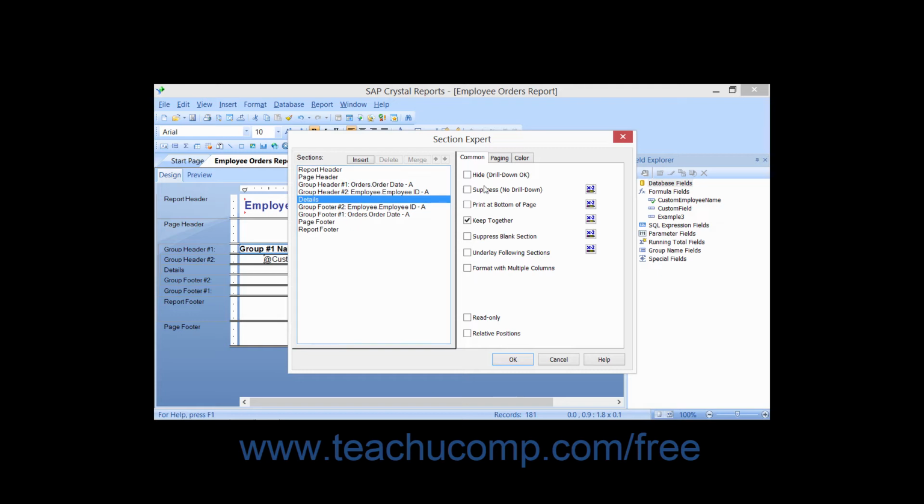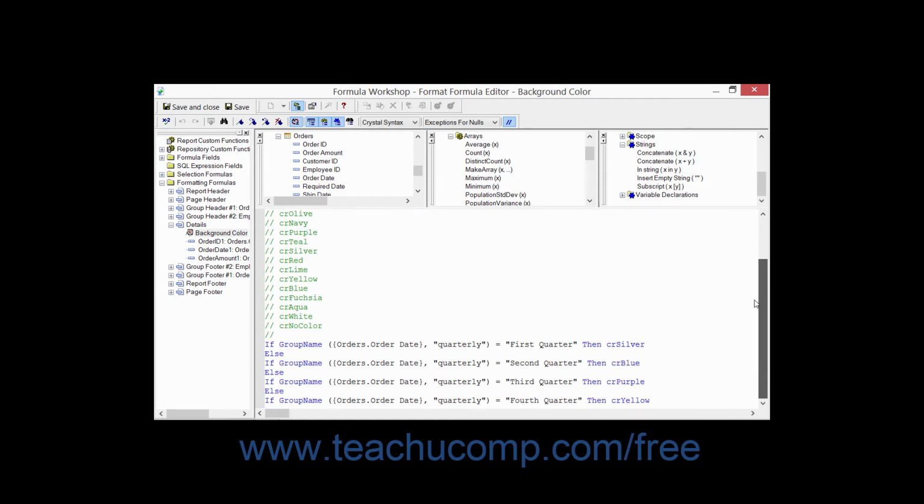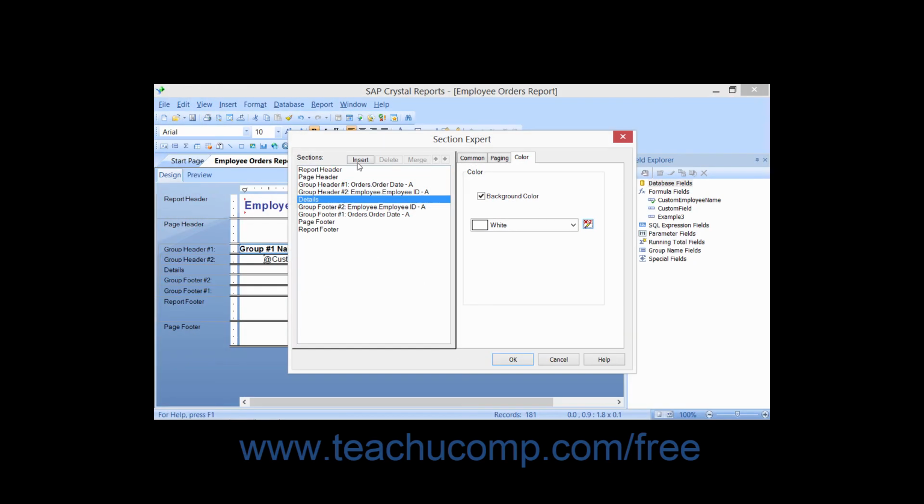Other types of formatting, such as the background color formatting choice, where there could be a number of possibilities, will need to have a logical if-then-else statement with the possible values specified. Depending on the type of formatting that you're trying to apply, type the necessary formula or formulas into the formula text box, and then save and close the conditional formula which you made to return to the Section Expert dialog